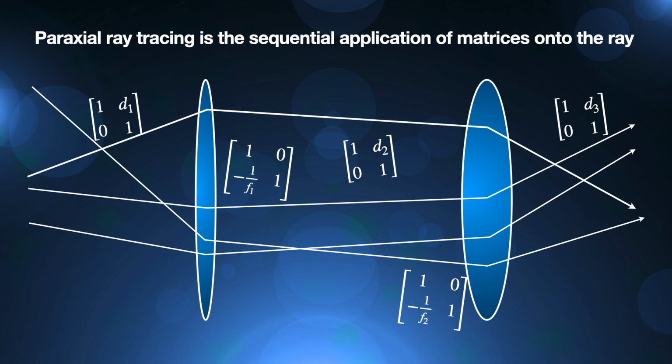So we can calculate the position of a ray if we know the initial position and the initial angle anywhere in the system. This is different from the law of imaging, where we can obtain the position of the image if we have the position of the object. With ray tracing, we can get the rays everywhere in the system.